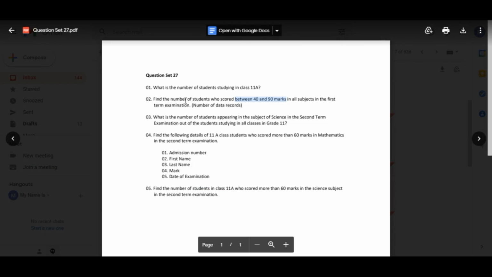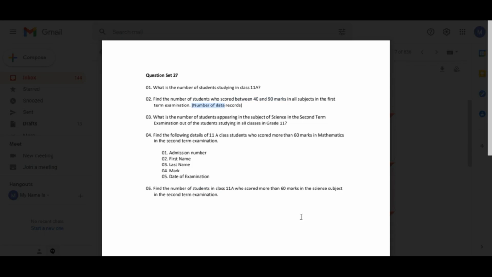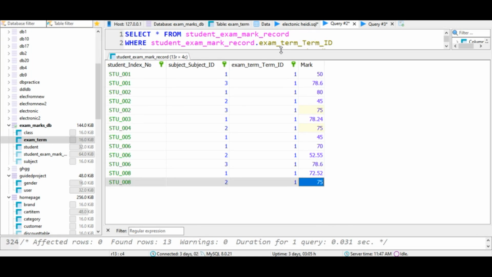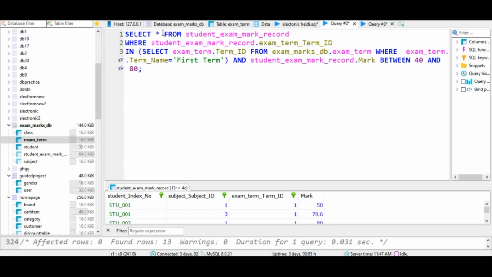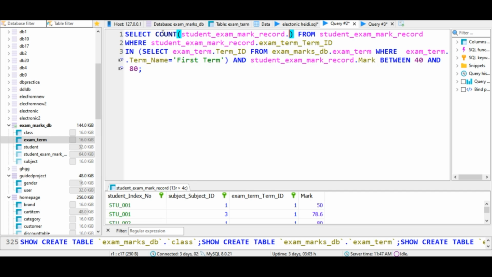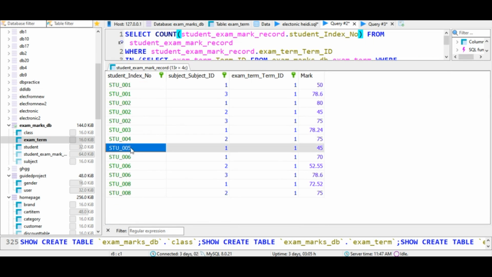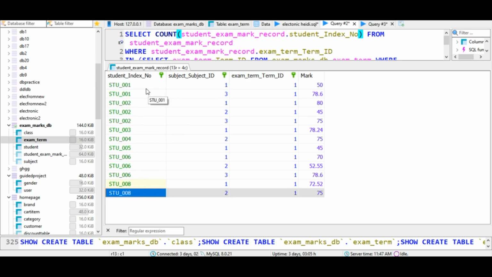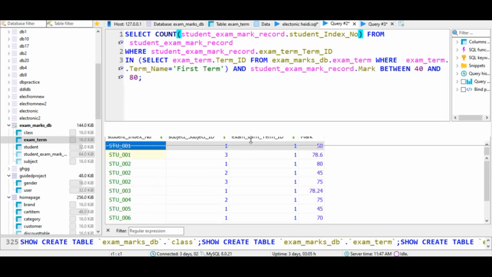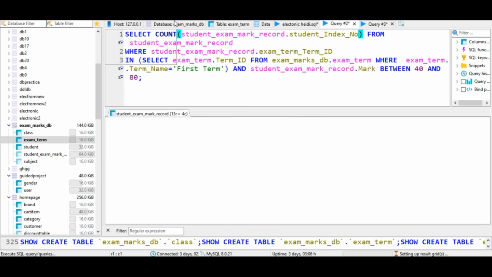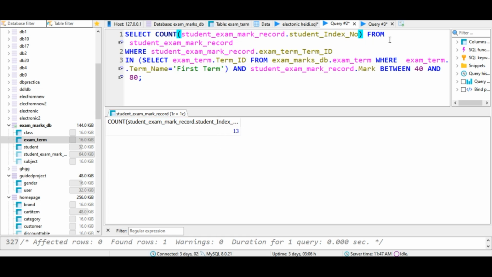And what else we need? Yeah, now we have to get the number of the data records. So therefore you have to say count student exam mark record table's index number. So when you count these rows, these student index number columns, you will get the number of data. So yeah, it is 13, and now I have to say